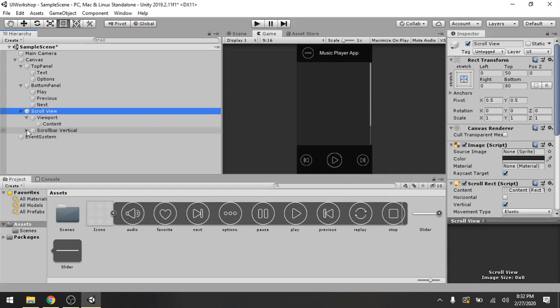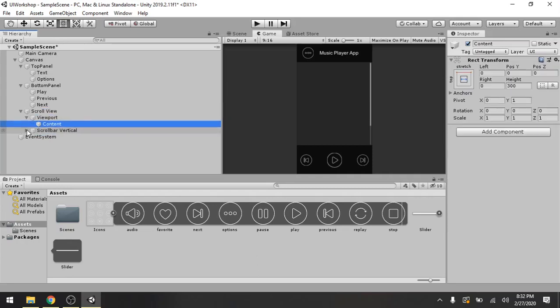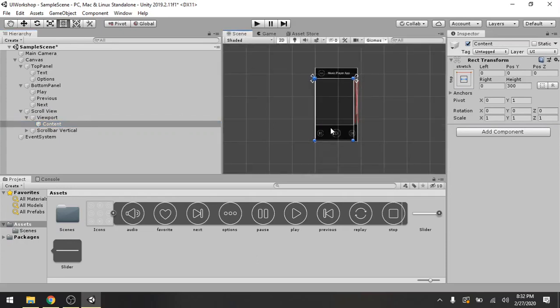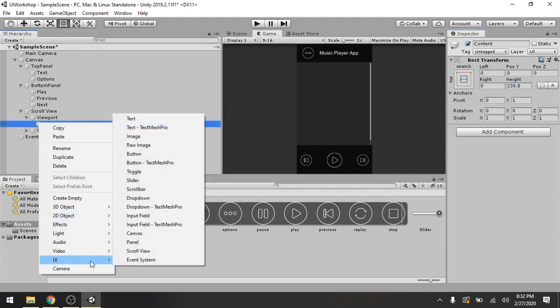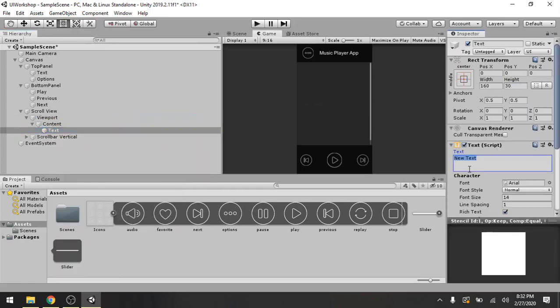So if I go into the viewport and content, this content is what specifies how far the scroll area should go. If I decrease the size here in Unity, you can see the scroll bar is updating as you are increasing the size. So what you can do if you wanted to create a long text, like you have a huge paragraph of text and you just want to display it,